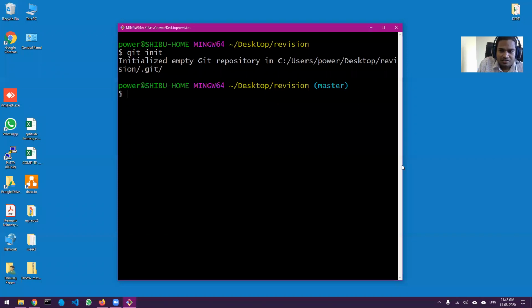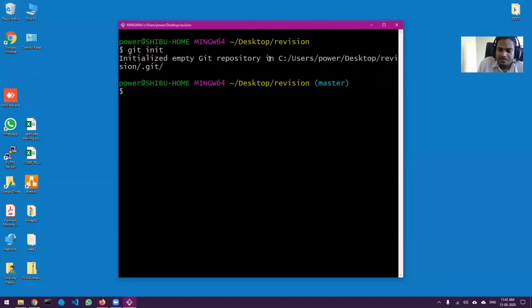Okay, it is not anything related to git. It is related to basically bash, that is git bash. So in the last week, I have shown you this command, touch.